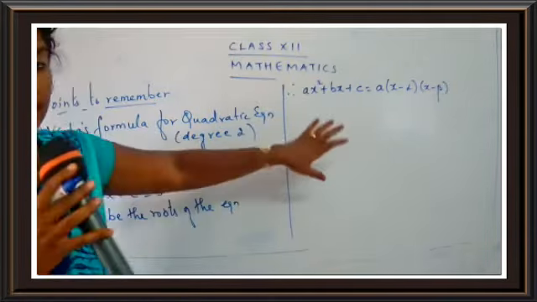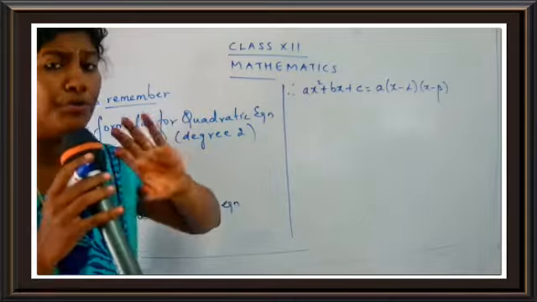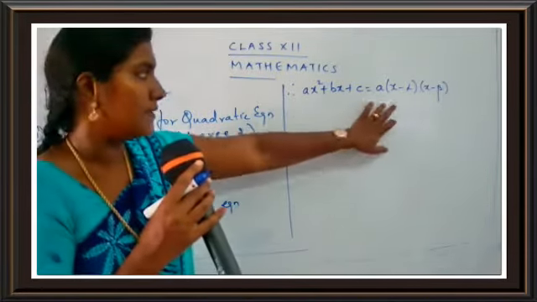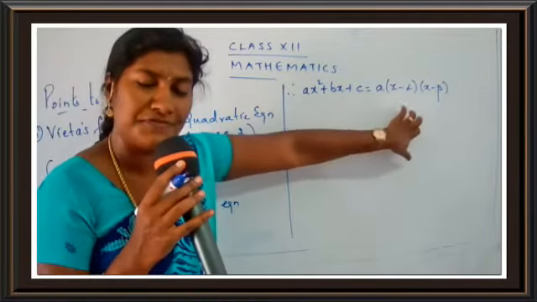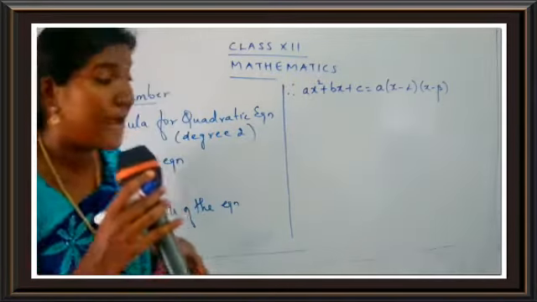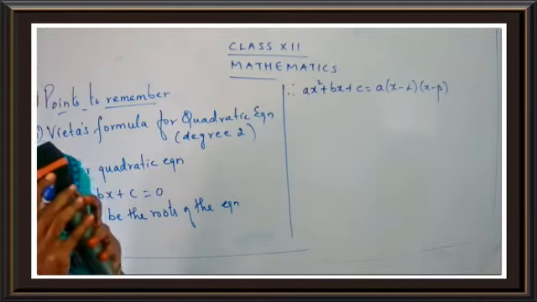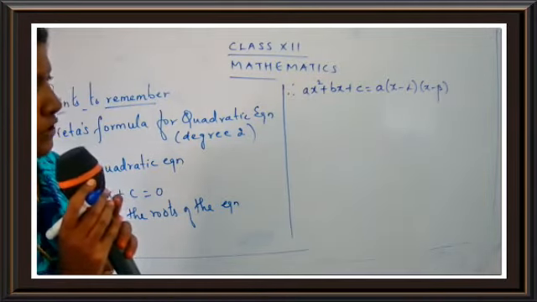So now we are just going to keep the LHS as it is. We are not going to do anything to the LHS part. And we are going to expand the RHS part, because here you have to multiply the brackets. We have a bracket here. So let us expand the bracket and let's see what we get. Come on, you are going to expand the bracket along with me. Come on children. Let's go for the expansion.